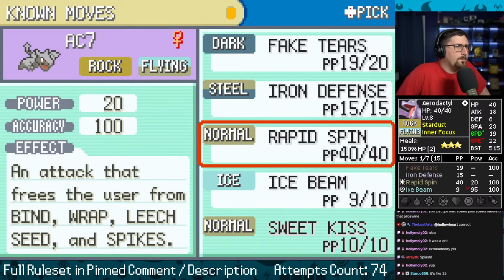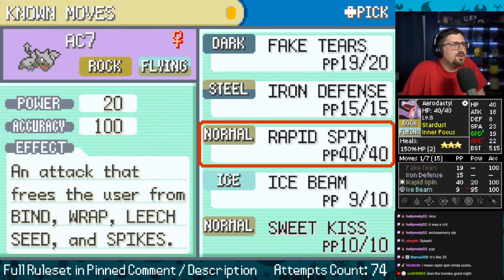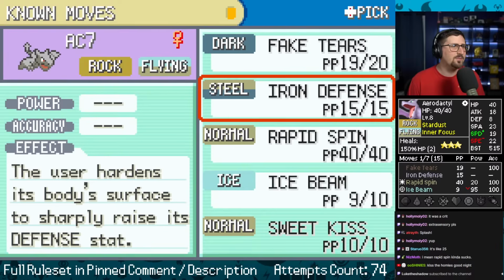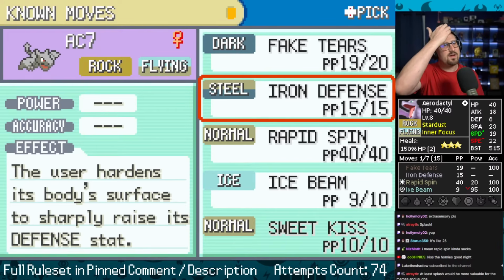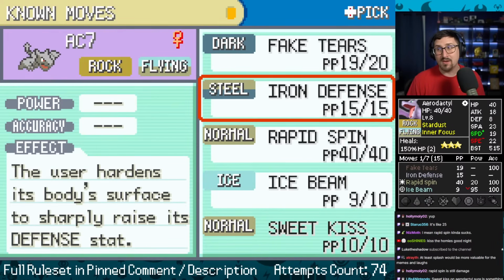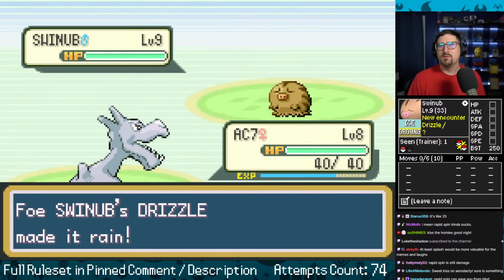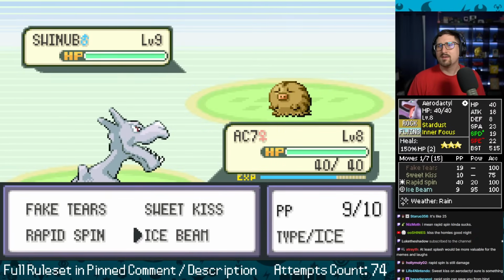Rapid Spin is still damage. Yeah, I still think that that's... Of course, yeah, I know it's good and smug. Like, Ice Beam is my only form of damage. I guess I don't really see myself using Iron Defense in a situation instead of Fake Tears. I think I'm just going to skip that for now. There are very, very niche situations. Sometimes I just might have to do damage. Listen, that is a pretty unfortunate move. Oh my god, another... no, Ice Beam's good here.